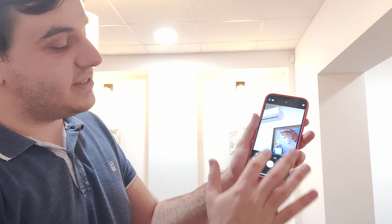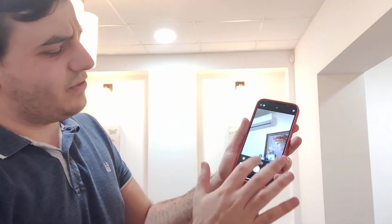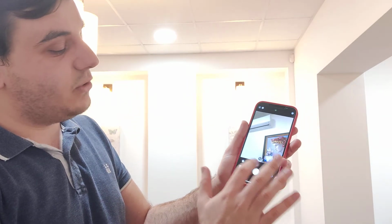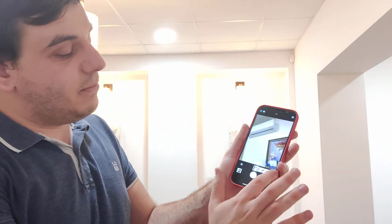As you can see, there's the flash, there's the exposure, there is the live focus. I'm not exactly sure what that even does. There's the aspect ratio you want to shoot. This is exposure as well here. This is the timer. This is, of course, filters. But there doesn't seem to be any sort of beautification mode on the camera application for the iPhone 12 Pro